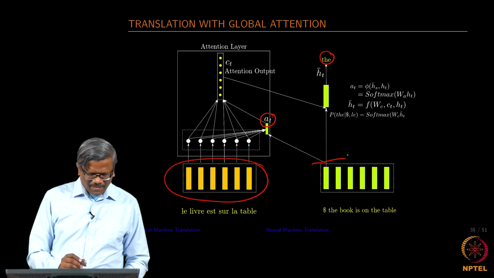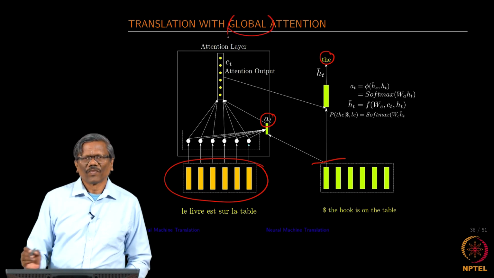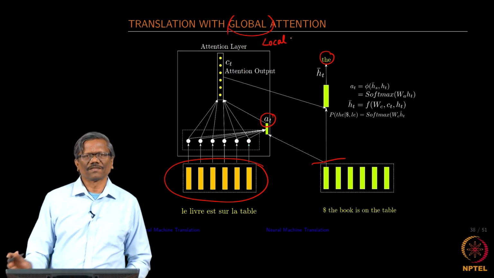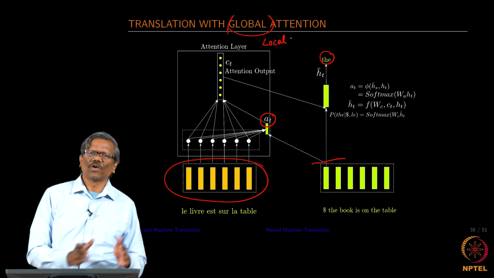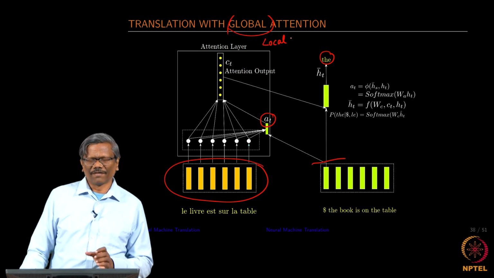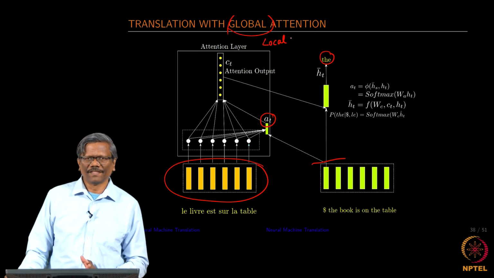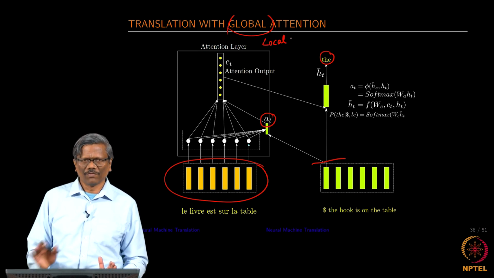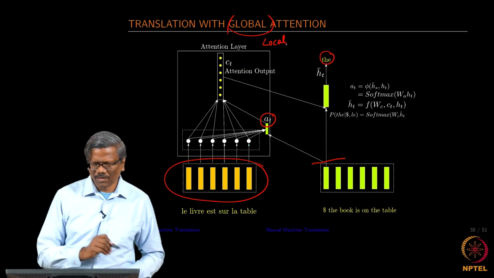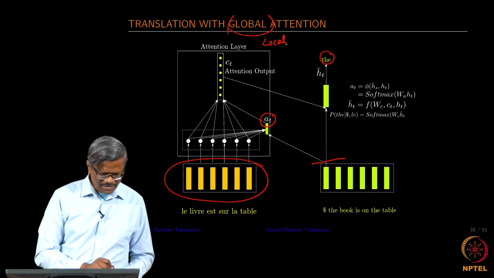So, what we saw earlier was a global model. Now we need to see if we can localize that, so that we have more control in figuring out which part I need. I do not want to look at every piece of Hj that I have in the encoder; I only want to look at one portion of it. So there comes the local model, where we do the translation with local attention. We will see it in the next one.